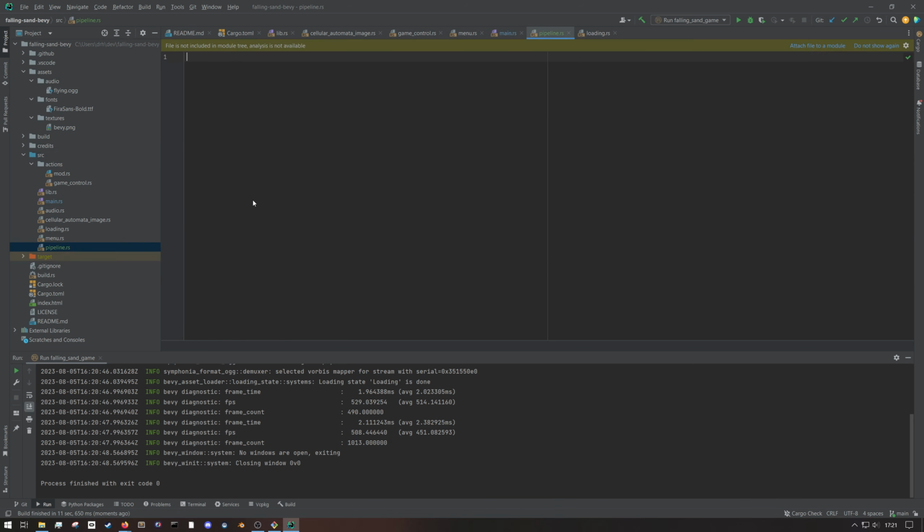Okay, and then let's not start by using stuff. Let's create a struct, cellular automata pipeline,